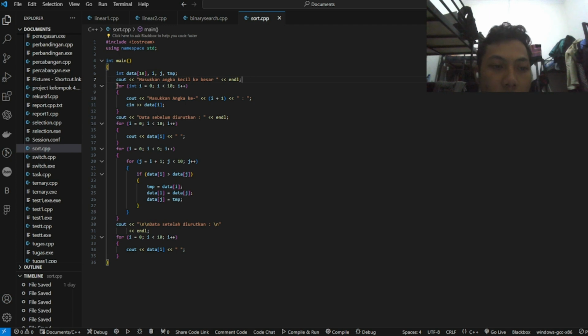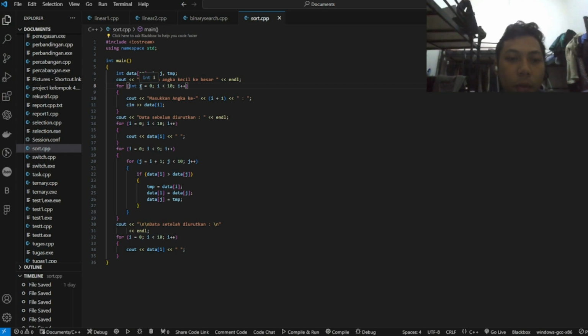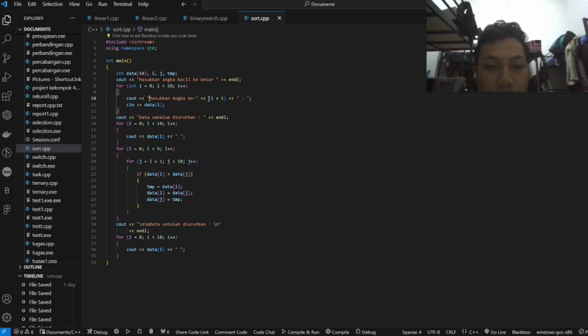And next, in the first condition, with for condition, integer I is equal with 0 and I is less than 0 and decrement of I. And if the condition is true, it will print out into the input the number of this formula I plus 1, and input this sign, and using the syntax of data index I, because we want to know that